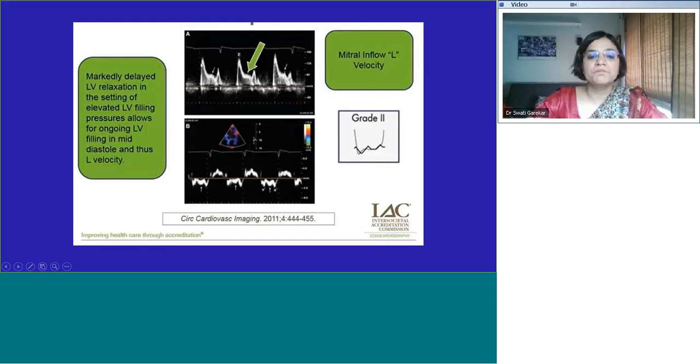This is a PW Doppler of the mitral valve showing an E and an A wave, and in between, when there's diastasis, you actually see some flow happening. When that flow is high, when this doesn't touch the baseline, but you've got a length to it, and there are other parameters that are in agreement, then you can come to a conclusion that there is diastolic dysfunction. These are some of the things which